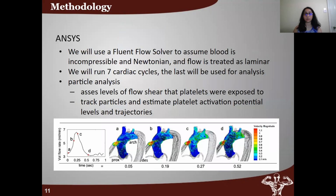After all of the 3D models are created, we will be using ANSYS and its fluid flow solver to perform tests. We will assume any simulated blood is incompressible and Newtonian, and flow will be treated as laminar. This basically means that the flow will be treated as if it is not turbulent. For the testing, 7 cardiac cycles, so essentially 7 heartbeats, will be run, with the last cycle being used to complete analysis. This is done in order for us to reach a steady state, and this allows the